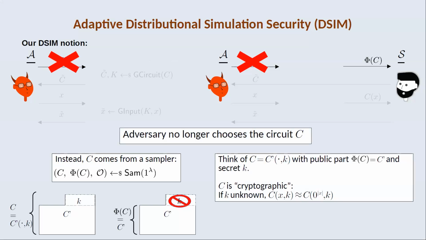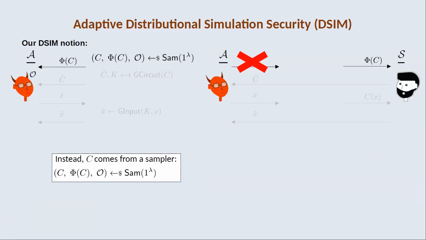All right. I also wanted to say something about the oracle. The oracle is something that models the kind of cryptographic guarantee that the circuit provides. And later in the example, you'll pick up what it means. So we replace things now with things that come out of the sampler. And notice that unlike the old definition, we now give the same information to both the simulator and the adversary. So we've made things more fair and hopefully more achievable, and all parties get access to this oracle.